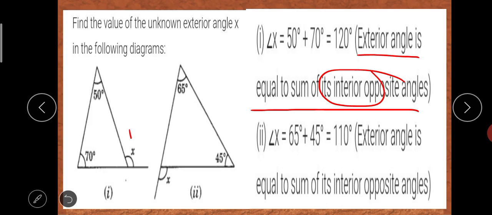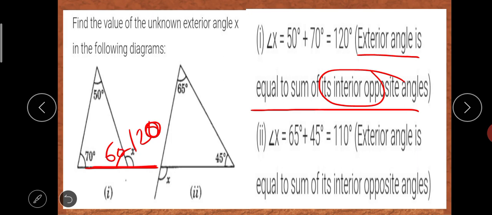120. So the value of x will be 120 degrees. Okay, what will the measurement be here? 120. Now, if you are thinking of this straight line, the question is not asked here, I am just telling you. If the exterior angle is showing 120, then the interior angle will be found by 180 minus 120, which means it will be 60.